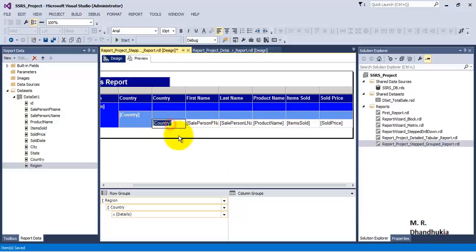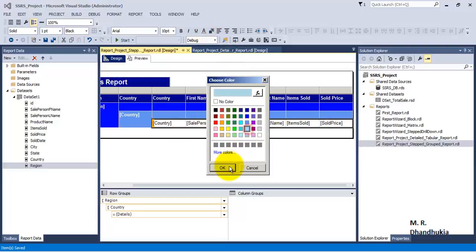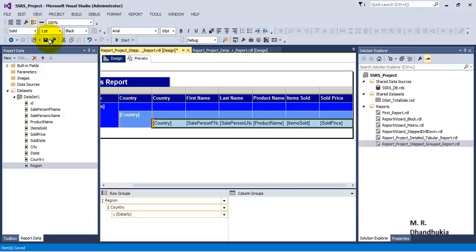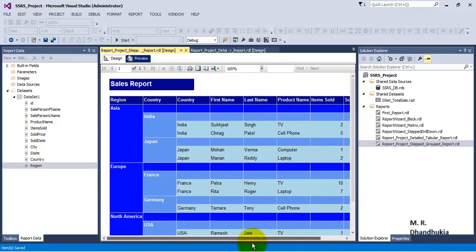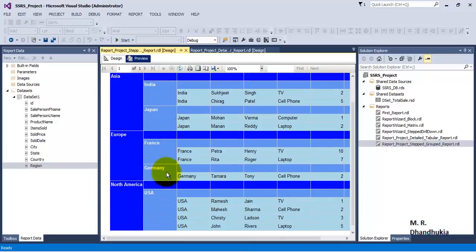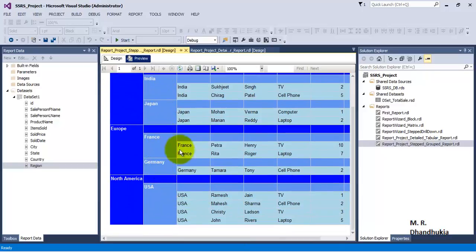And similarly, let us do some formatting for the detailed portion also. Save. And now you can see a very good report, where the records for region are mentioned, then records for country, and then the detailed records for that particular country are mentioned.